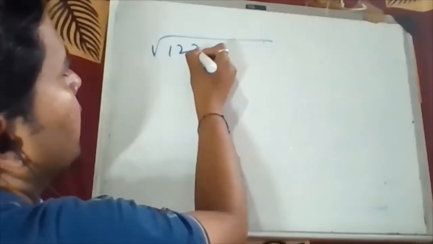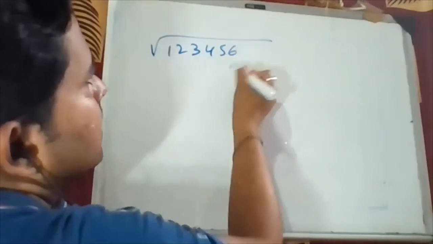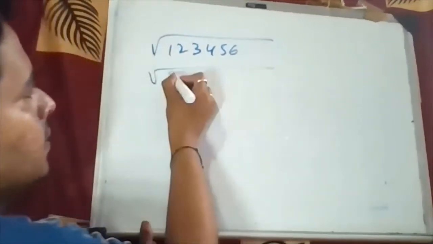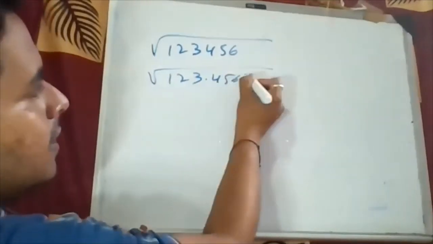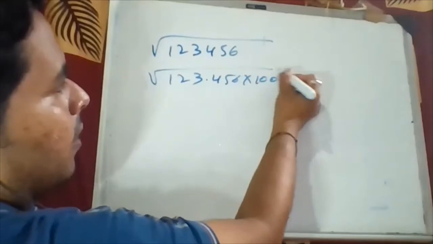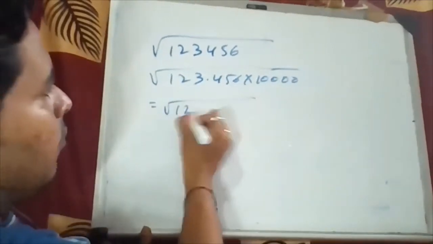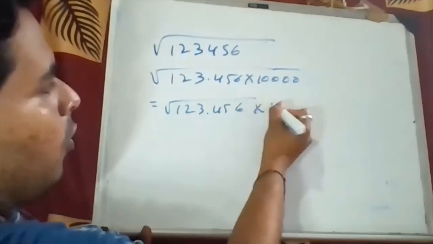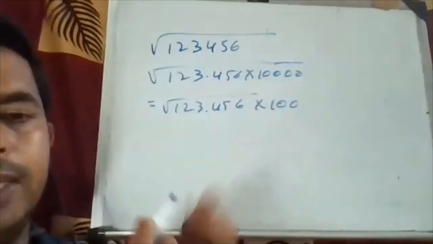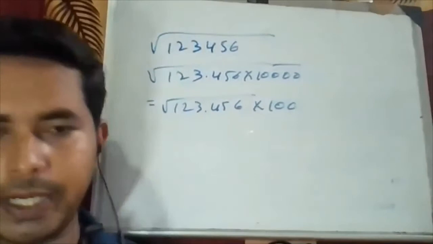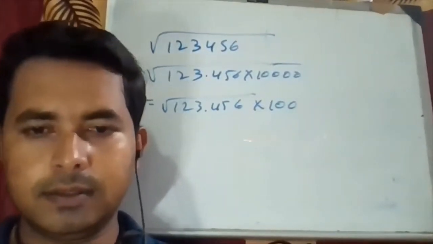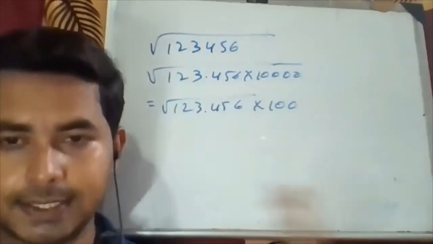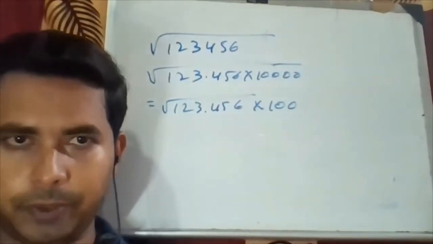Okay, if they give a 6 digit imperfect value, that is 1 2 3 4 5 6, then what you do, it's a 6 digit, so take this 3, and 4 5 6 ले लो, 3 digit ले लो, into 10,000 से multiply करो. So क्या आएगा इधर, ये सेम आएगा 123.456 into आपको इधर 100 आएगा. Okay, and do the simple method how we did, then at the end multiply with a 100, and okay, this way you have to do the 6 digit imperfect value का square root.